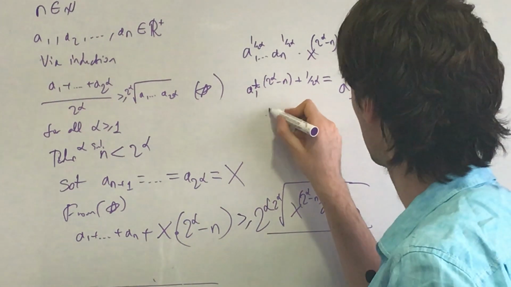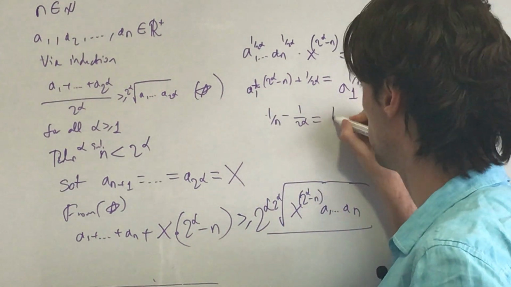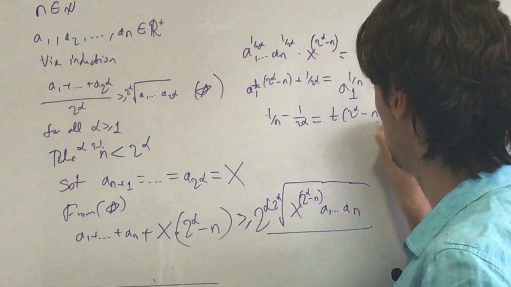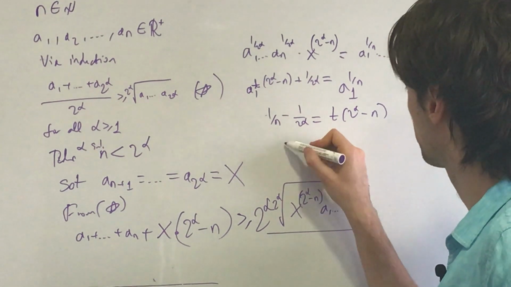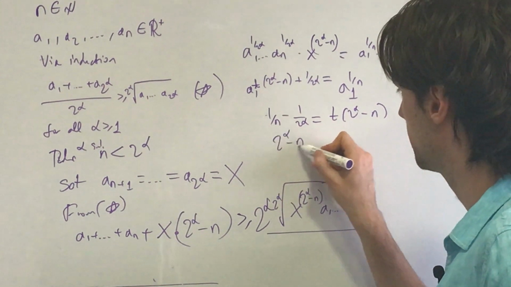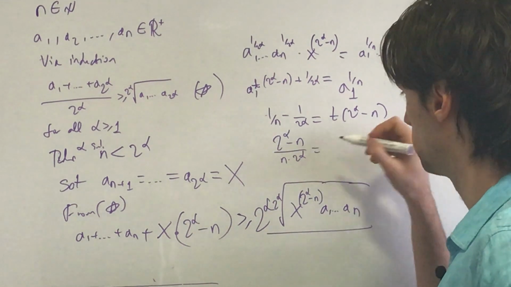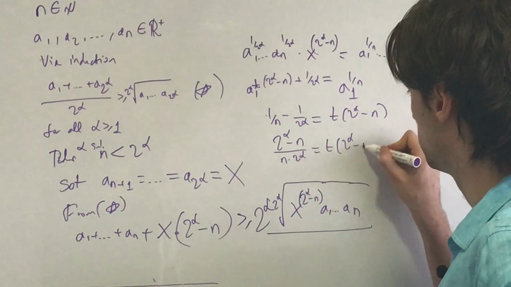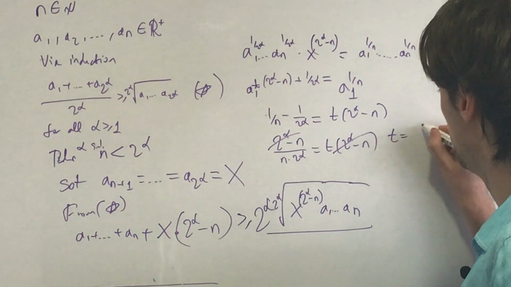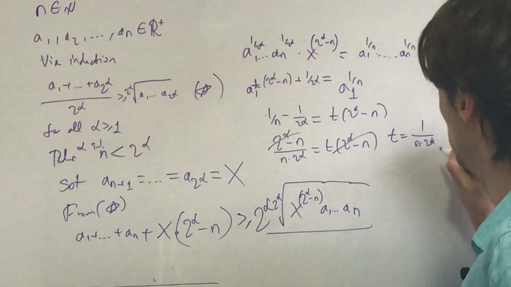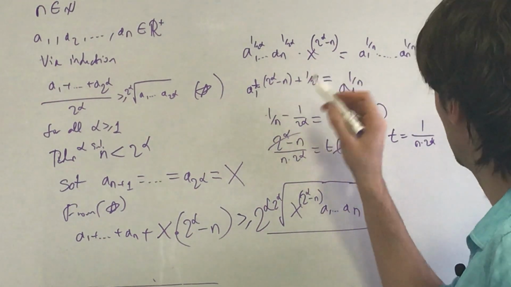We have 1 over n minus 1 over 2 to the alpha is equal to t times 2 to the alpha minus n. And from here, what we get is that this is (2 to the alpha minus n) over (n times 2 to the alpha) is equal to t times 2 to the alpha minus n. These two cancel out, and you have t is equal to 1 over n times 2 to the alpha, which means what? Which means that, okay,